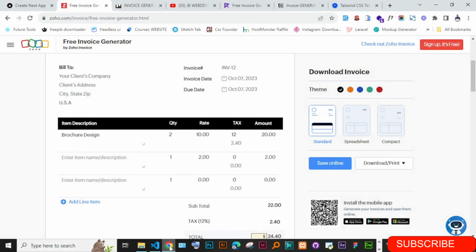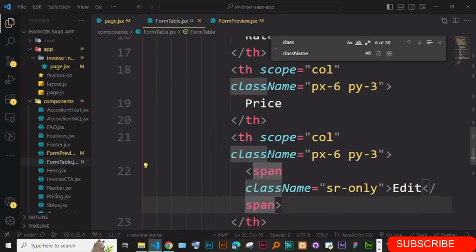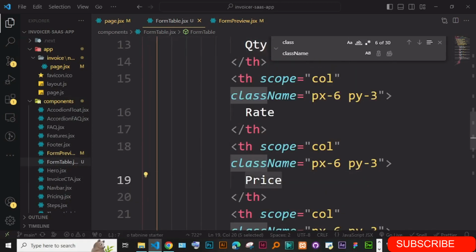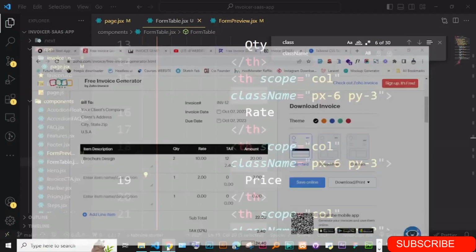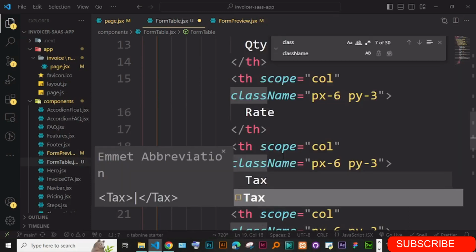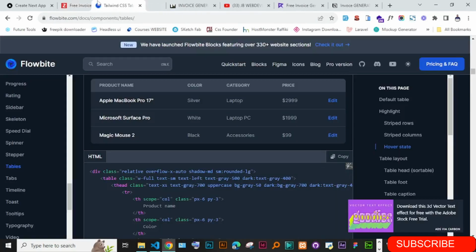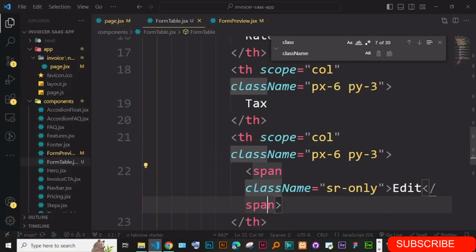And we have two more, tax and amount. So go down where we have price. This one is supposed to be tax, because after rate is tax. Okay, and then let's actually look at the one we copied. Let me bring this one closer here. One column is not named, so I'm just going to